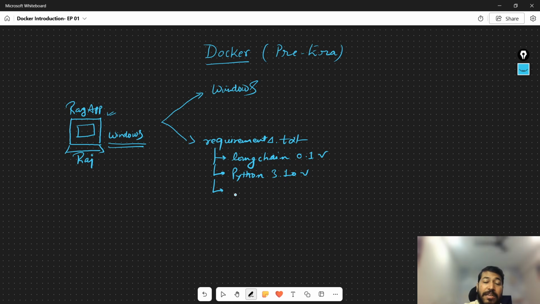And then he could be using some vector DBs as well, which could be FAISS, Chroma or Pinecone, let's say. And they will also have some versions. Suppose it is a V1 version, and Pinecone also has a V1 version. Okay, so Raj has worked very hard and completed this application with all these dependencies